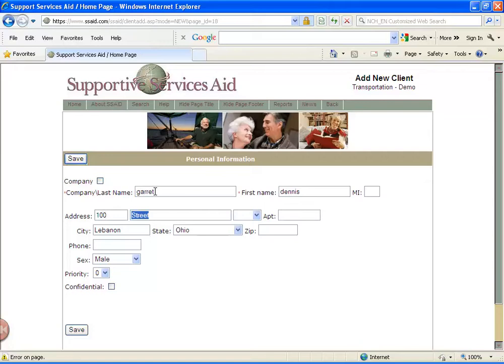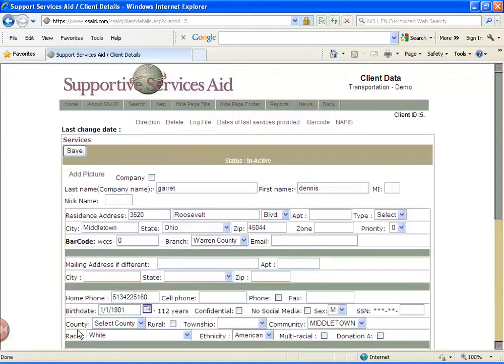His address. Let's make it legit. 3520. Okay, that's it. Say we just created a client. From here, you can go beyond what we've just entered as far as more demographics fields. Like the birth date is the only required field that we ask you to enter in SSAID